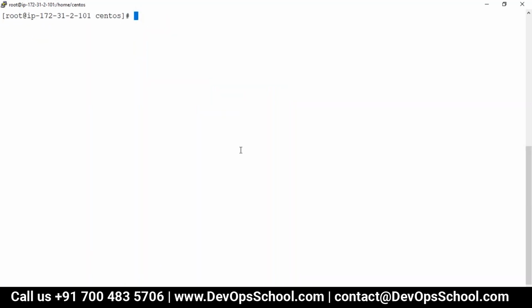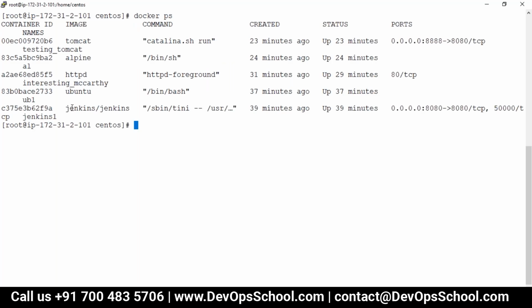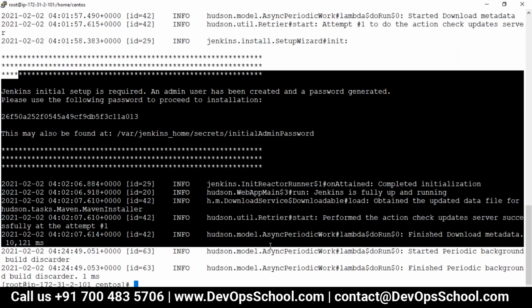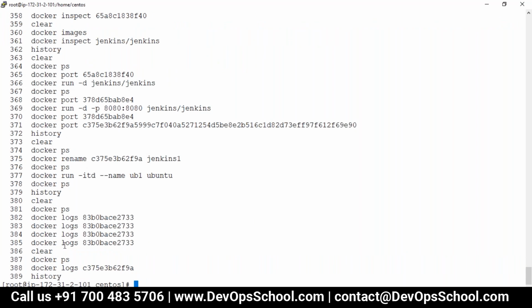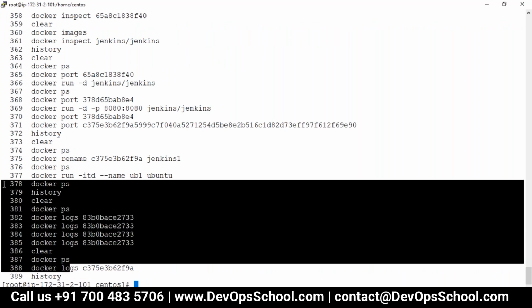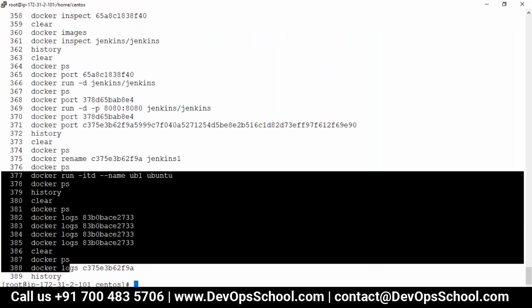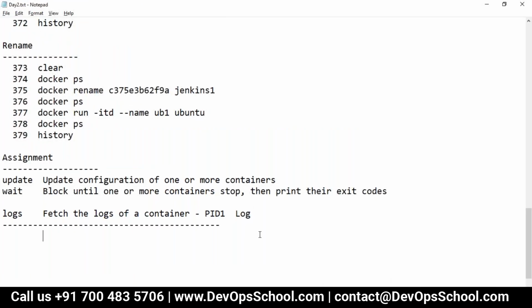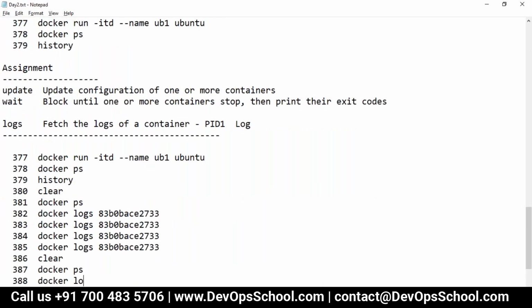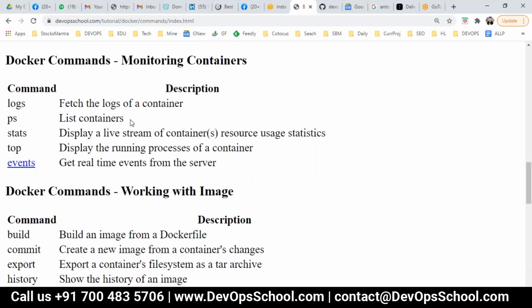If I try a different container, let's say the Jenkins container, it must have some logs from Tini, right? You will see that. So docker logs, and you see this is the Tini log. So this logs command will help you with the PID1 log. Just try it out, you will love it.